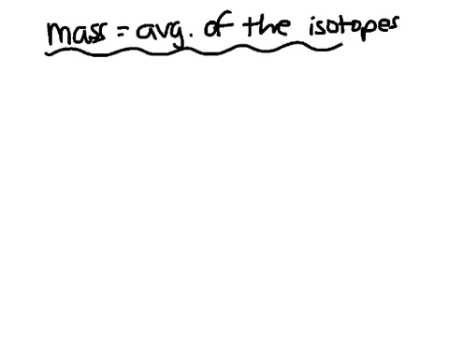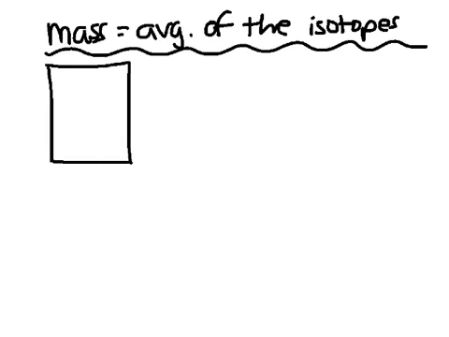So let me do a hypothetical. This is just a made-up example. Let's say, for example, and we're going to use carbon. Now, I want this to be clear. This is not exact. If you look up the mass of carbon, it's not going to be what I'm going to calculate, but I'm going to show you how they get to that particular mass. Remember, down here on the periodic table, you've got, for example, hydrogen. It's got an atomic number of 1, meaning 1 proton, and then you have